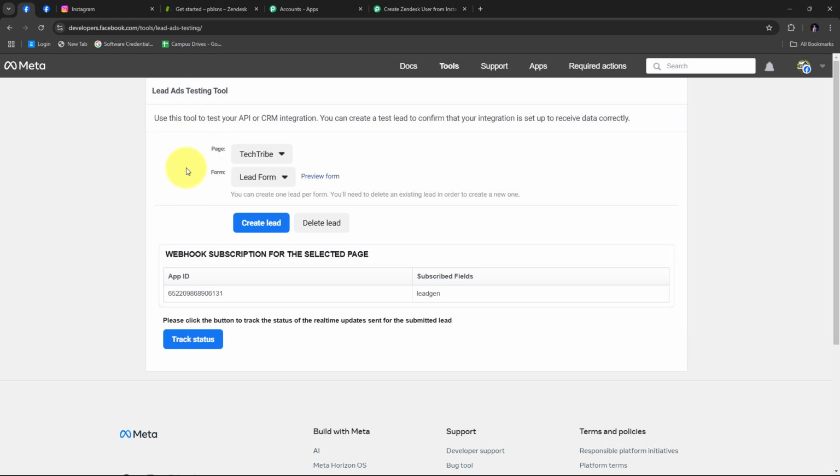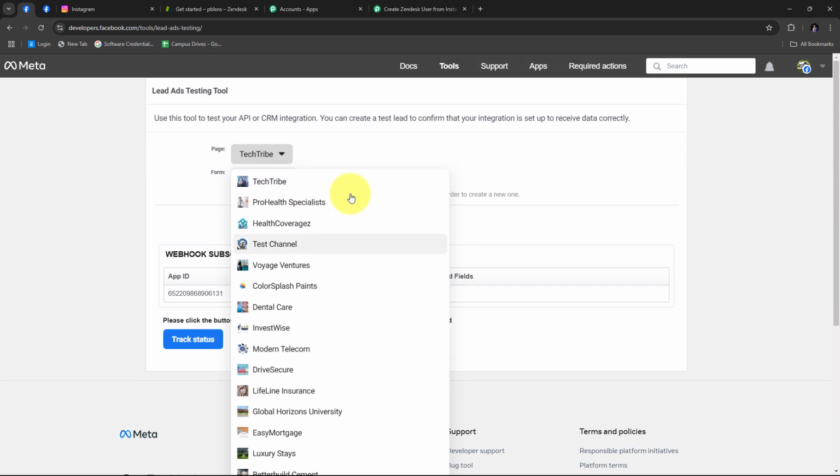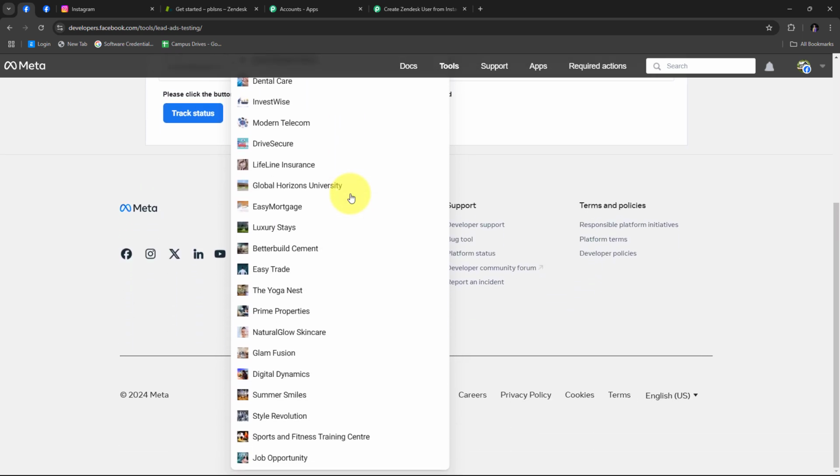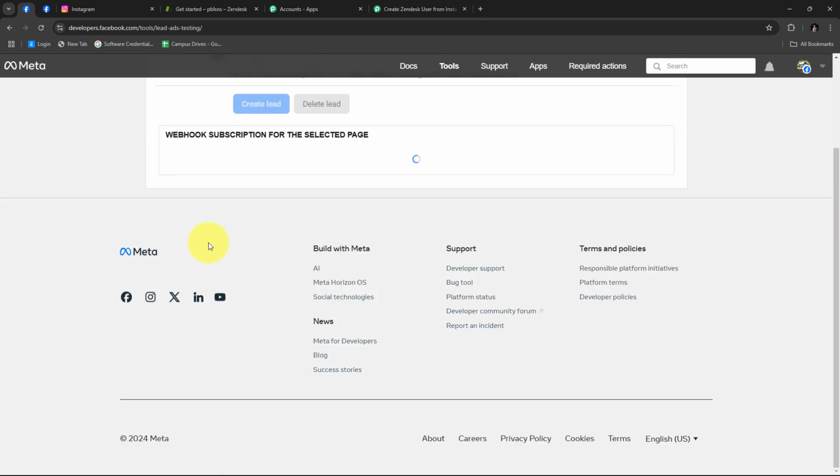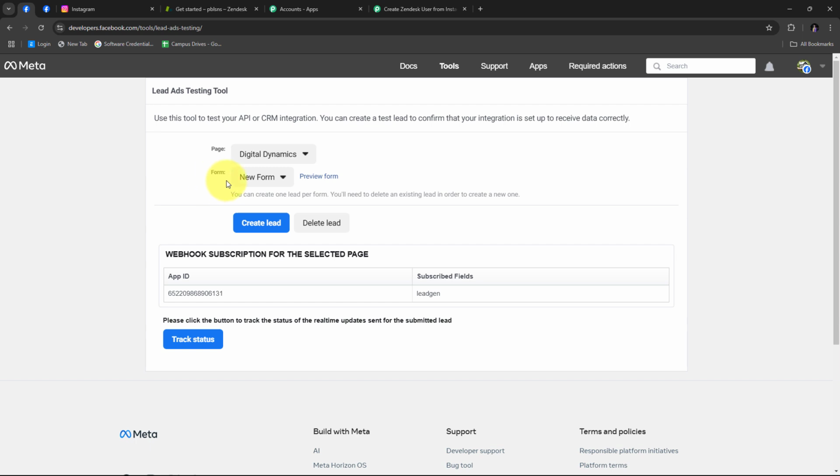And now by using this tool, I can generate a sample submission of my Instagram lead ad. So here I have these two tabs of page and the form. So I need to first select my Facebook page. So I'm going to open this tab. And in this, I'm going to select my Facebook page that I want to use. So this is my Facebook page of digital dynamics. So I'm going to select that. And my lead gen form is already selected. Now what I need to do is I need to click on this preview form button,